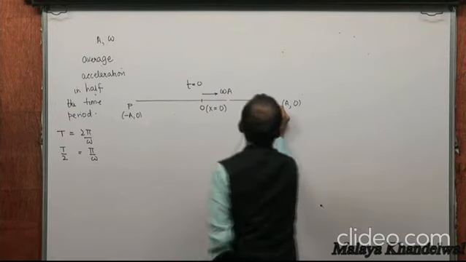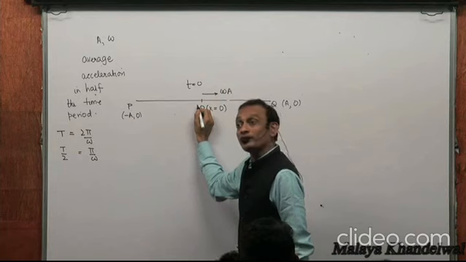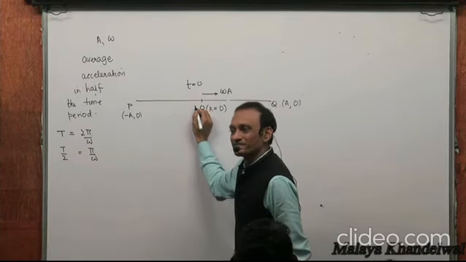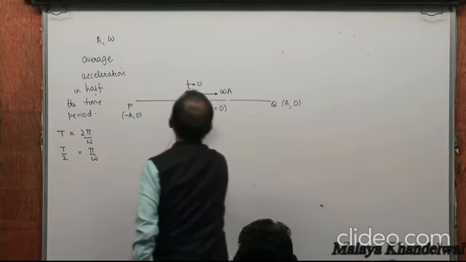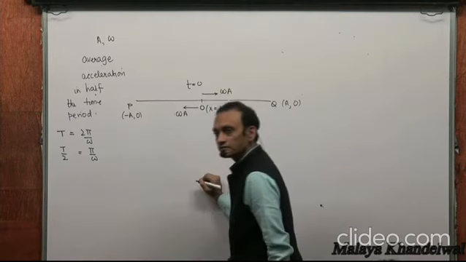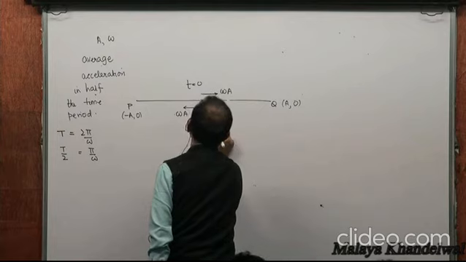Now, it goes to the rightmost extremity and comes back to A. When it comes back to A, the time taken would be half the time period, and its velocity is going to be omega A to the left. And the time it takes for this to happen is going to be pi by omega, half the time period,